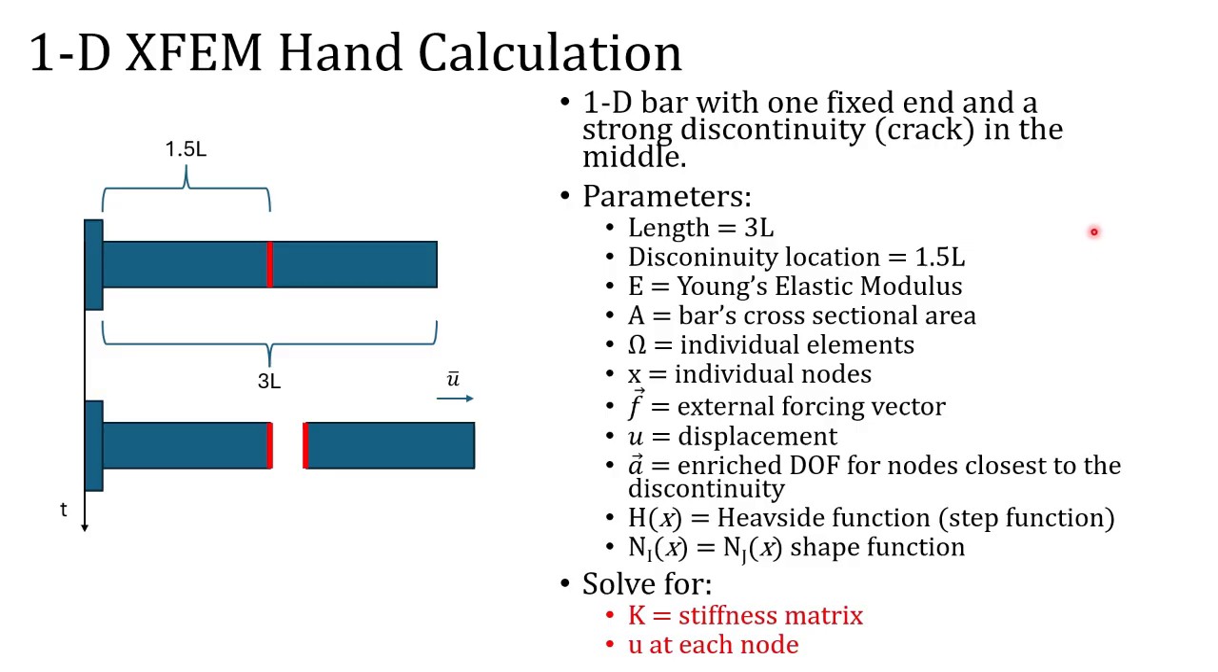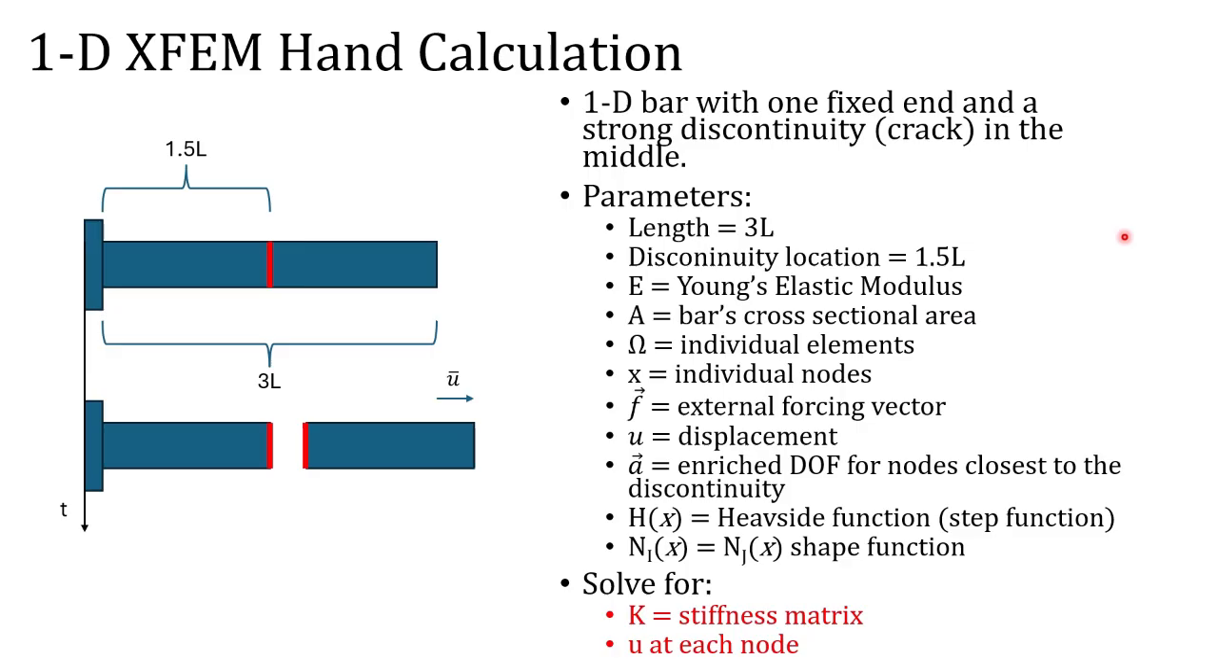My name is Lillian, and I'm going to be walking you through the XFEM hand calculation. For this calculation, we're going to be looking at a 1D bar with a fixed end and then a strong discontinuity, or a crack, in the middle. The full length of the bar is 3L. The discontinuity is located at 1.5L. And then I've got a list of parameters that we'll be using throughout this calculation,